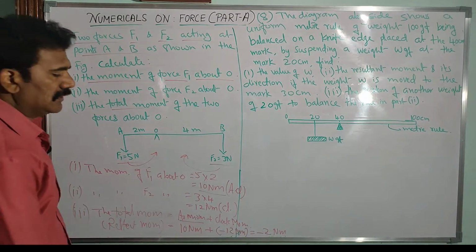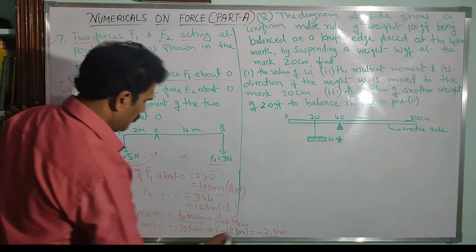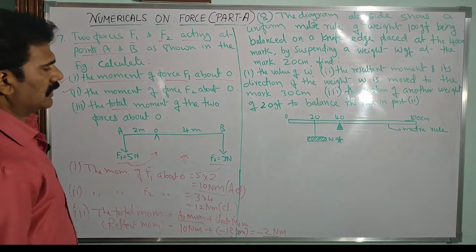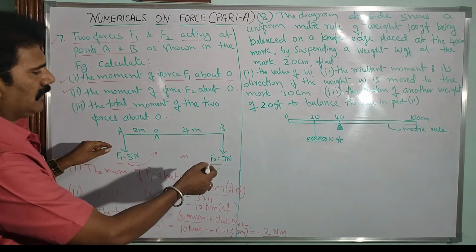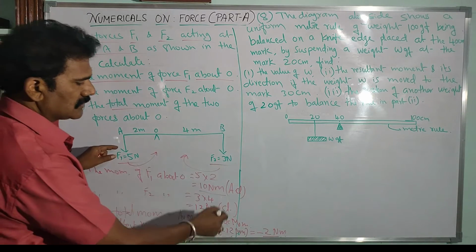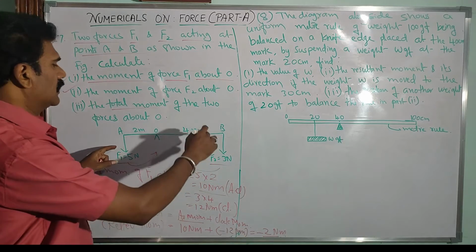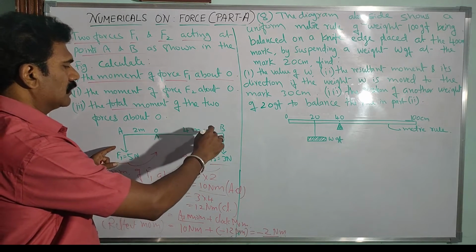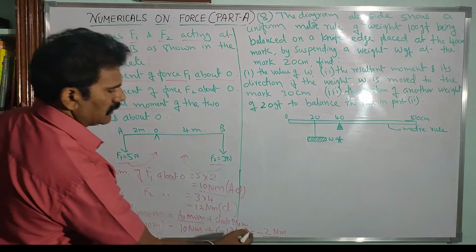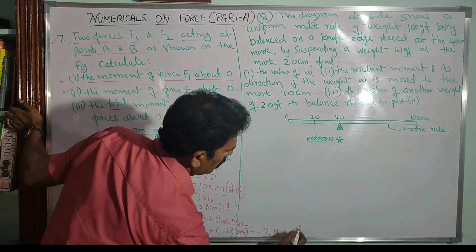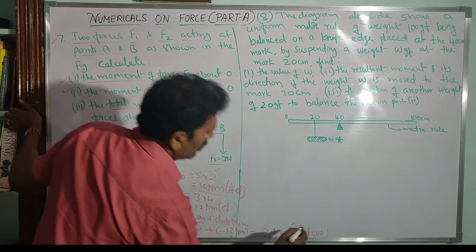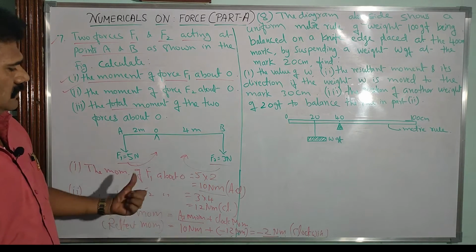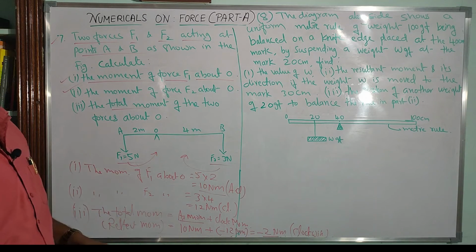As you get a negative sign here for the resultant moment, you can understand that the resultant moment of the beam is not actually balanced. The resultant moment indicates that finally the beam is rotating in the clockwise direction, because of the negative sign. Clear? So the next problem is almost similar to this.